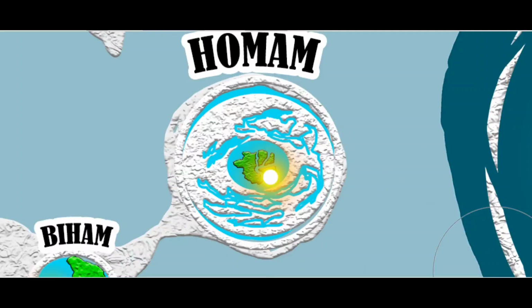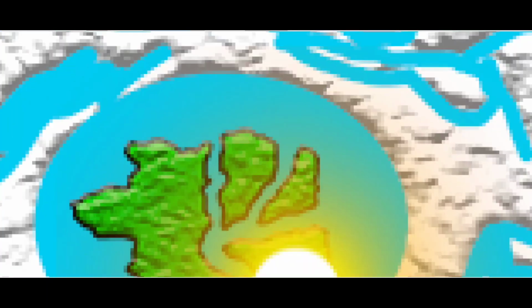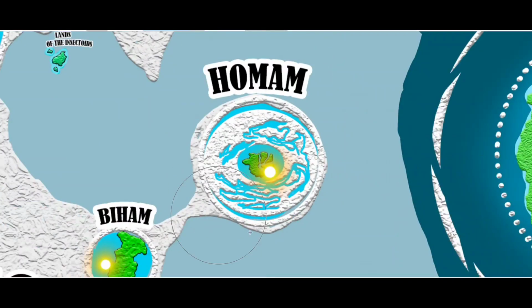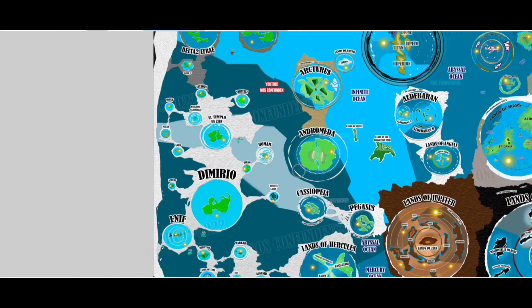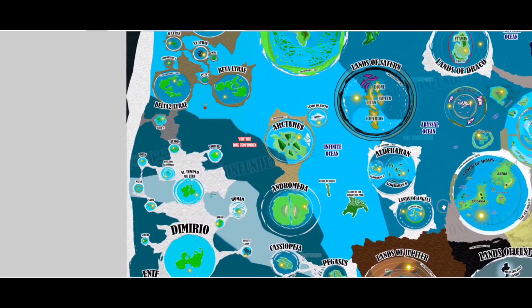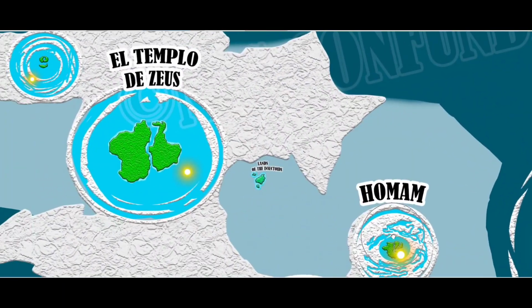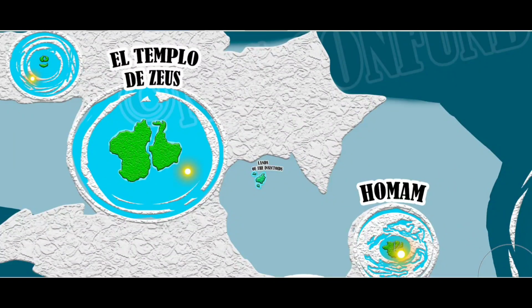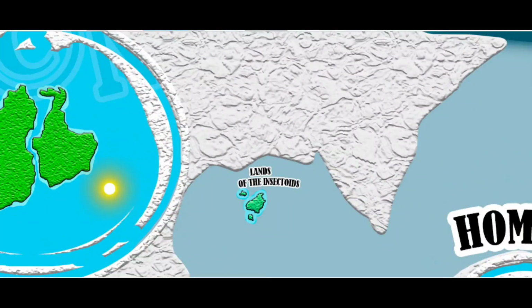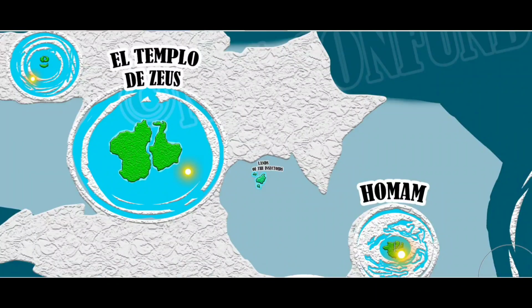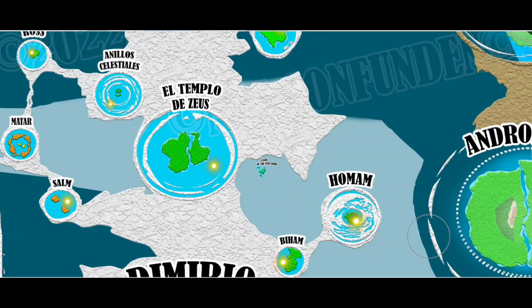It's like having two layers of the Terra Infinita. One is the layer that you have here, and then you finally manage to exit, and then you discover that it's recreating an entirety of the universe. So that's crazy, honestly. Then we have the, okay, I actually didn't even notice this when I was scrolling. The lands of the insectoids. Honestly, I want to talk about this in a later video. I mean, it's obvious what this is referring to, but I want to get to the last part of the video.